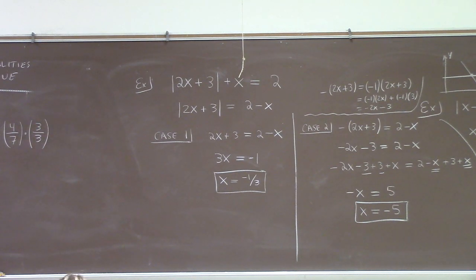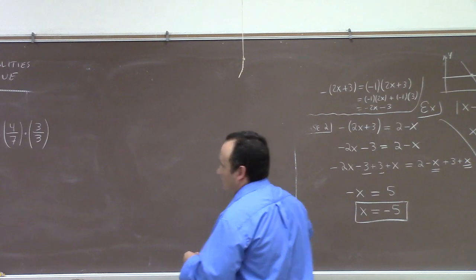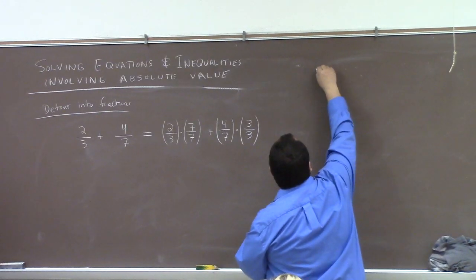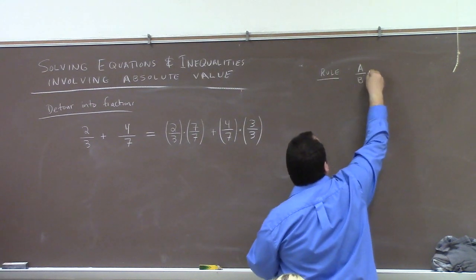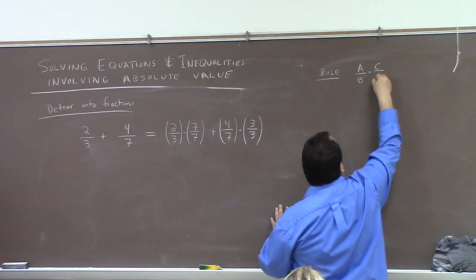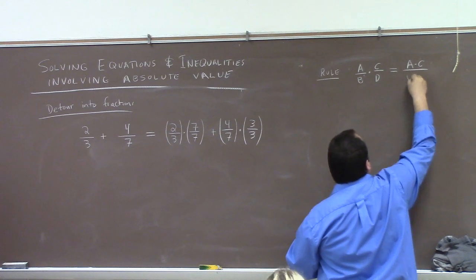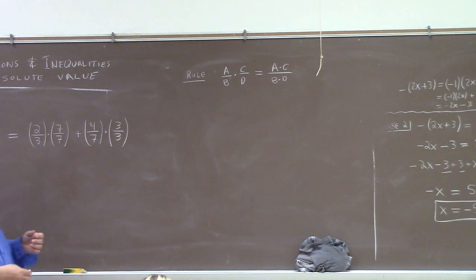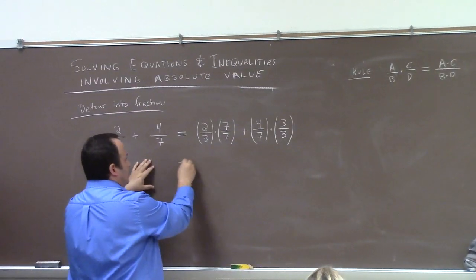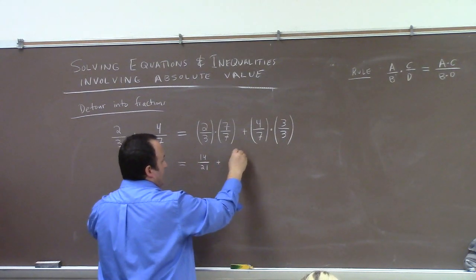like that, right? And one of the things you might notice is, how do we multiply fractions? That's a question that's always with us. If we have a over b times c over d, how does that work? We do a times c over b times d. That's the way we multiply fractions, right? So that's why here we get 14 over 21 plus 12 over 21,